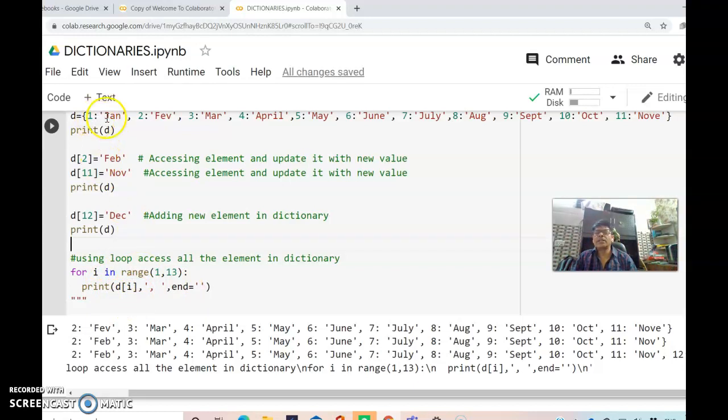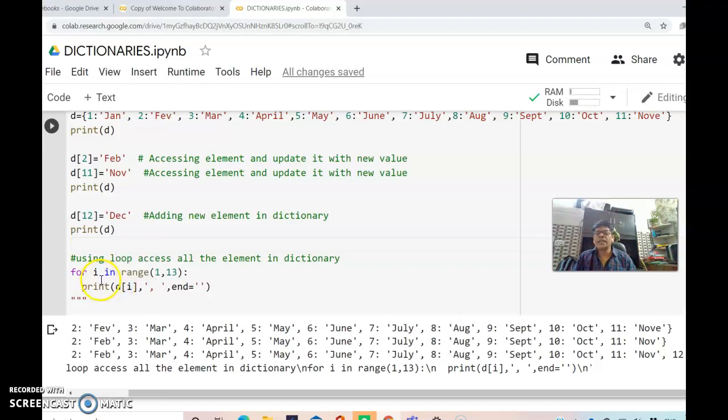Here the similarity is 1, 2, 3, 4, so it is in series. So just see, for i in range 1 comma 13, that means the starting value is 1 and the loop goes up to 12.